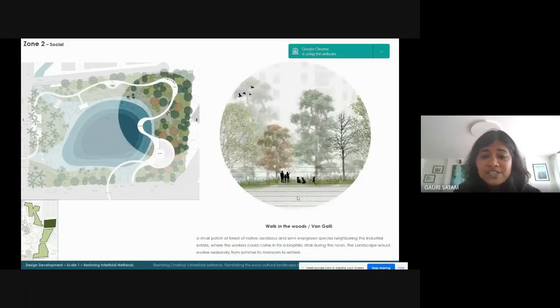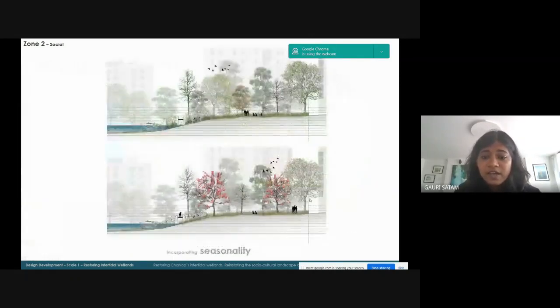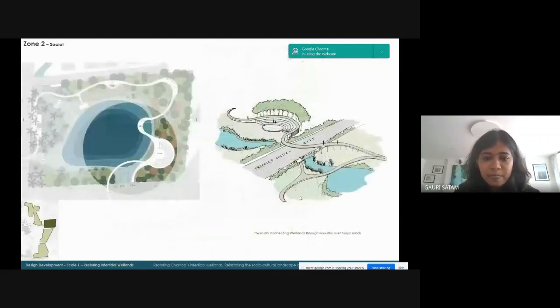Certain forest patches, like I said, like an ode to the one gully that once existed, like a dense forest patch, has been envisaged, understanding the salt tolerance of the species as well. Again, how seasonally the woodlands would change has also been studied. Then, importantly, where the coastal route would cross over these two wetlands, a physical connect as a skywalk has been given so as to not break the wetlands physically for human access as well.